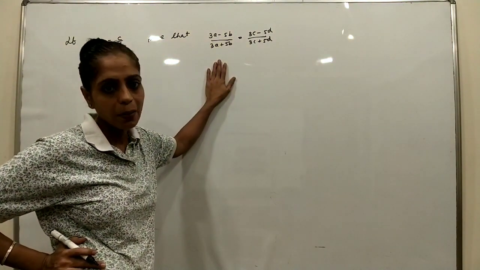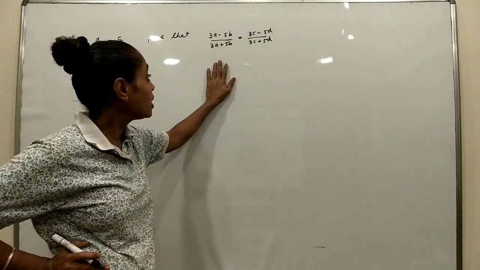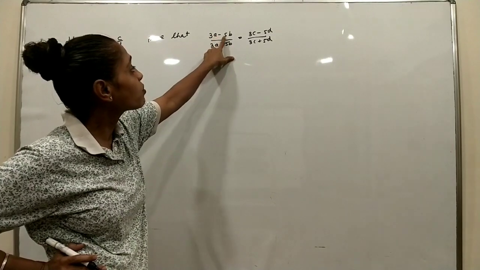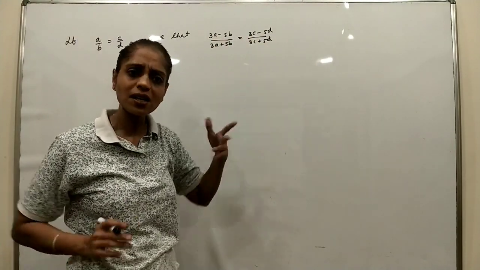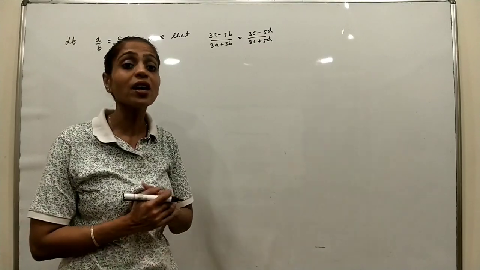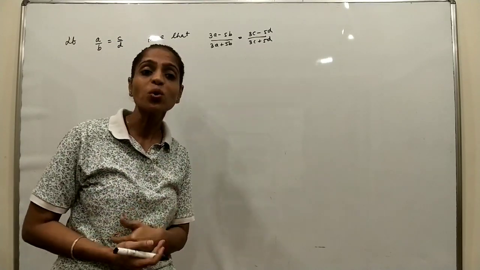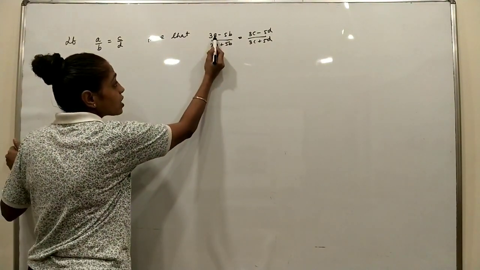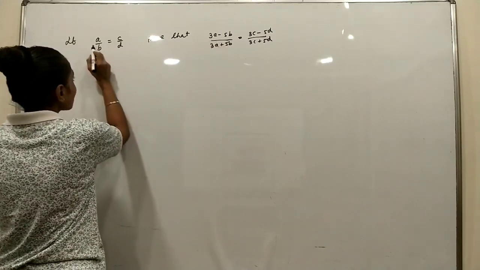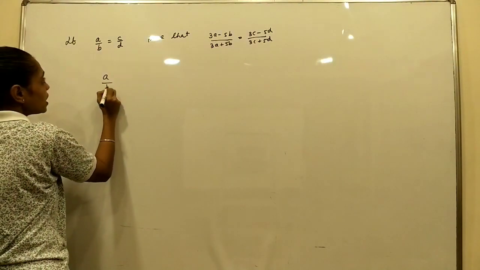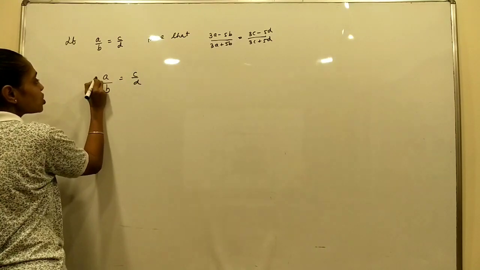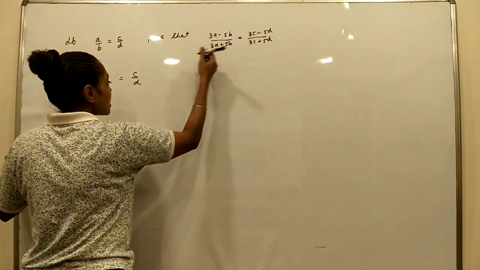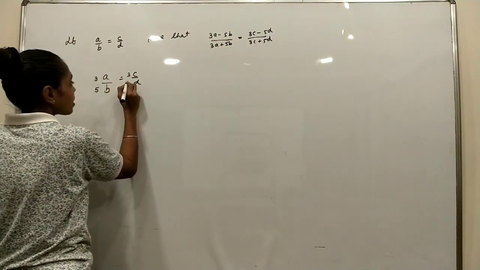Now smaller to bigger. Usually we apply K method. But when in the question numerator and denominator numbers are exactly same, 3A 5B 3A 5B, 3 5 3 5, exactly same the numbers are, numerator and denominator, at that time this method also you can apply. How? Check here. Coefficient of A is 3 and coefficient of B is 5. Coefficient of C is 3 and D is 5.